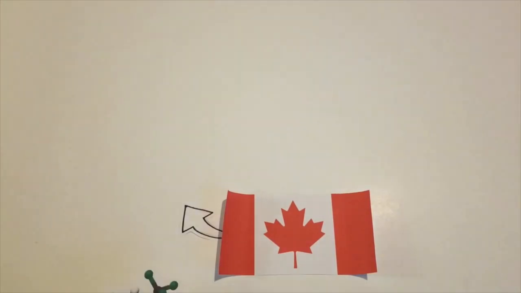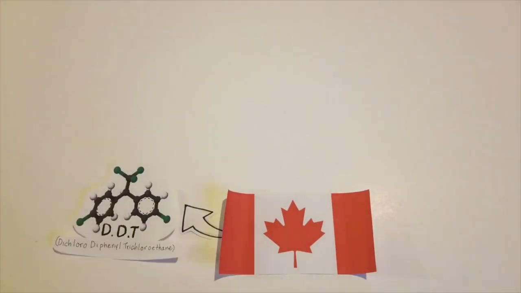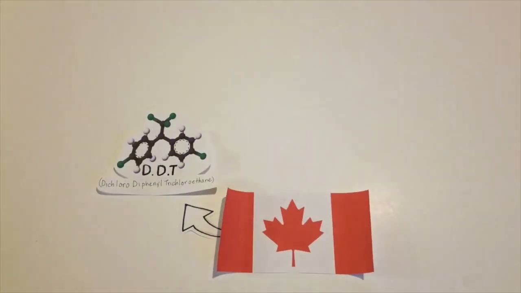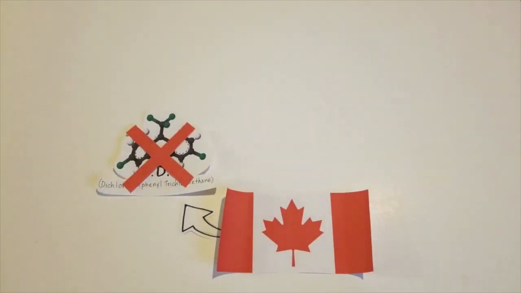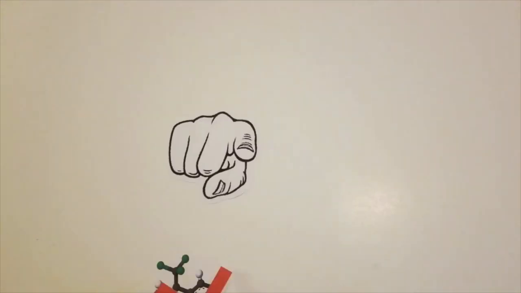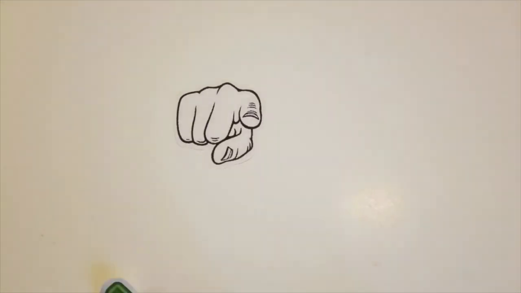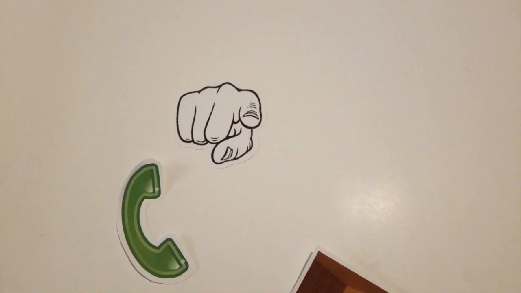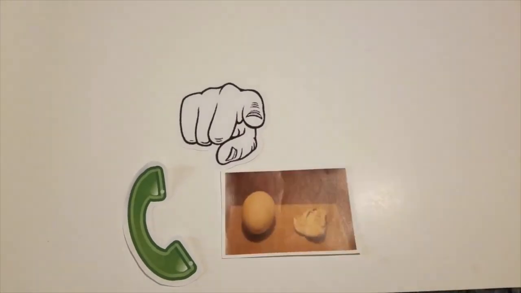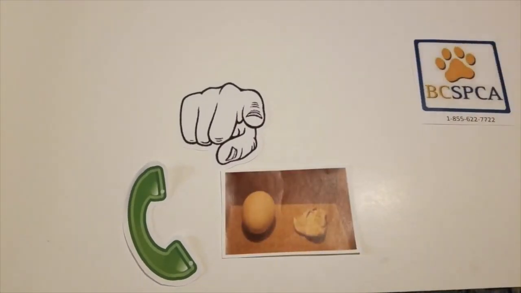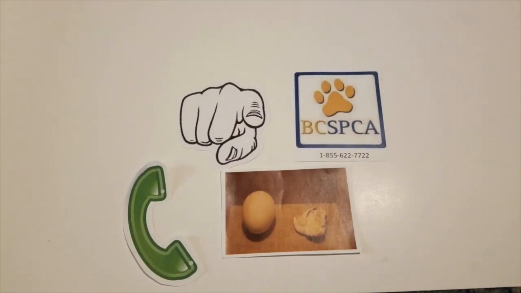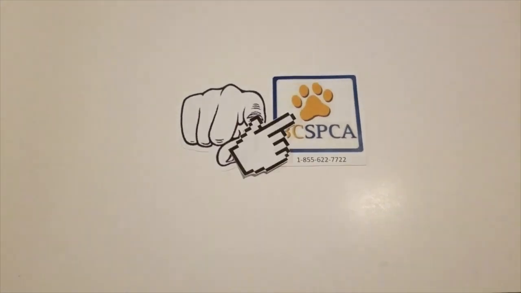You have an impact, just don't use DDT. DDT is already banned in Canada, so you can't get it anymore, but some people still have DDT in their houses, so don't use it unless it is an emergency. Reporting and identifying an animal with DDT would be difficult because you cannot tell it immediately. However, if you discover a squishy, frail egg that looks like this, please call BC SPCA Provincial Call Center